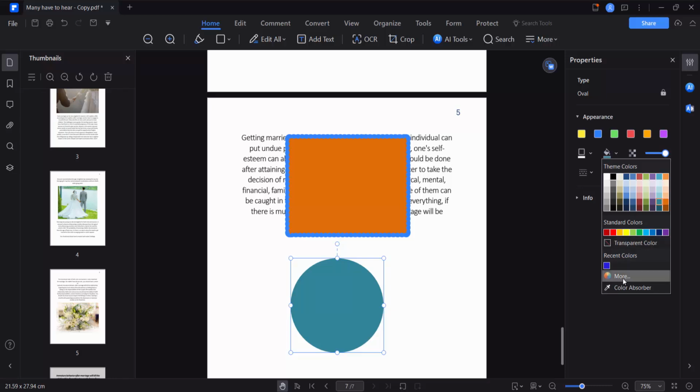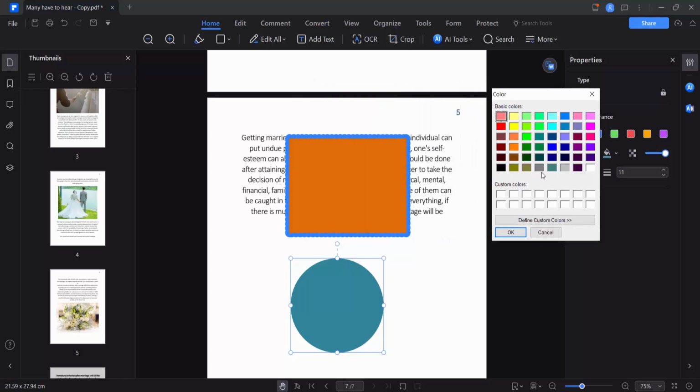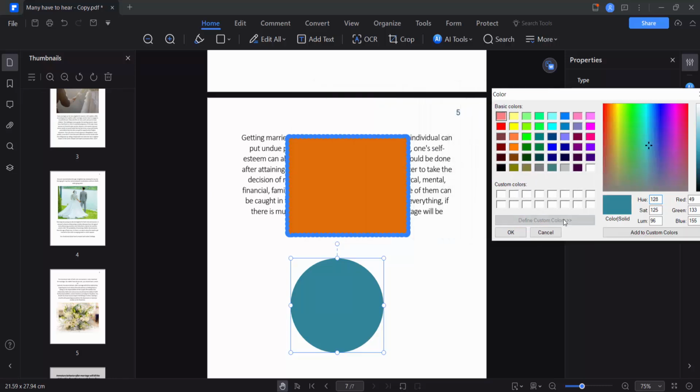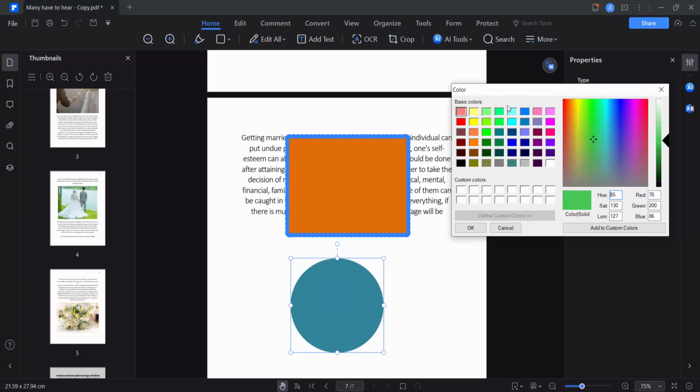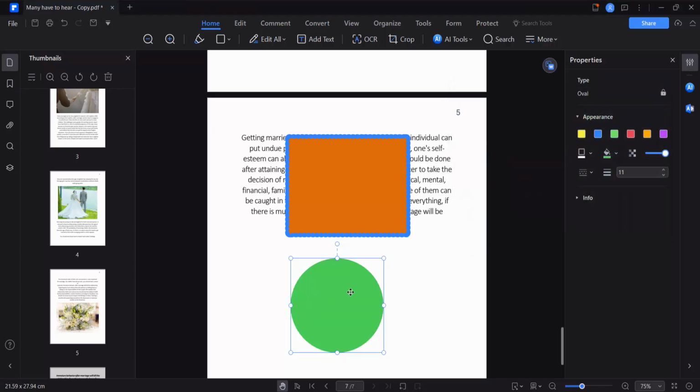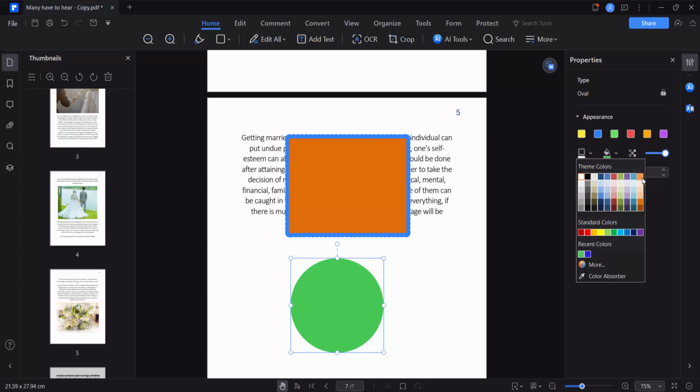Also you can select More Colors here, and this color pen, and this is Define Custom Color, and I'll use this fill color and select OK, and see, this fill color is now added. And also I'll add an outline color, this one,